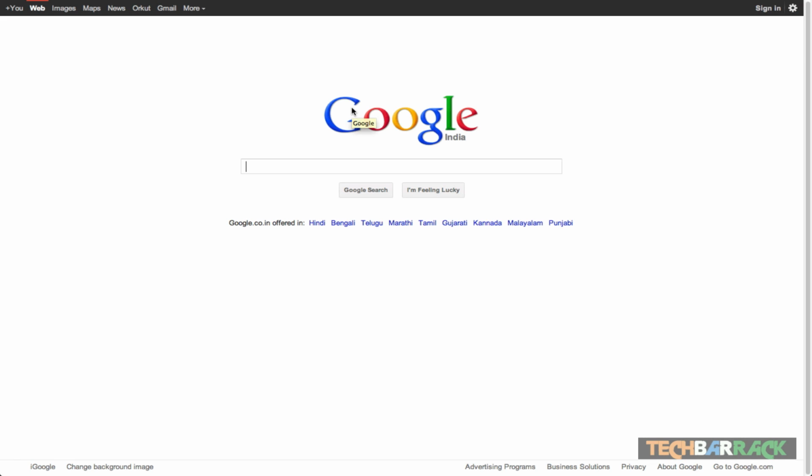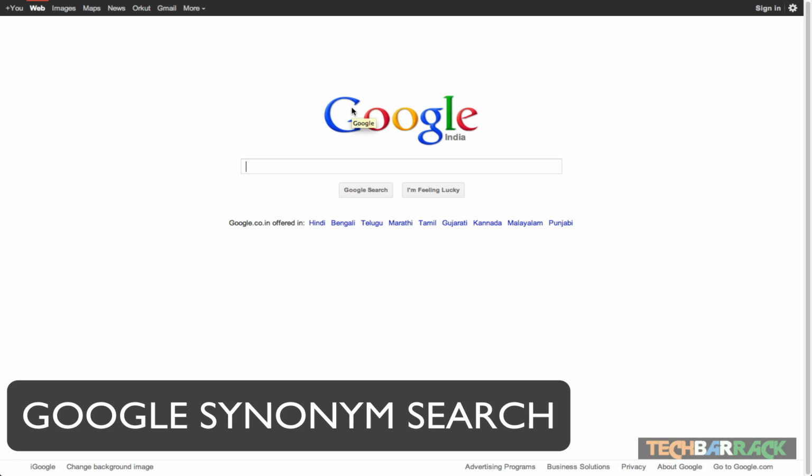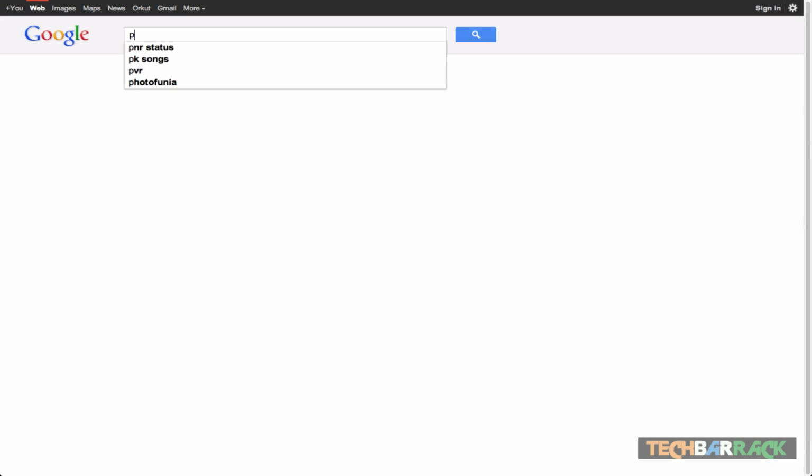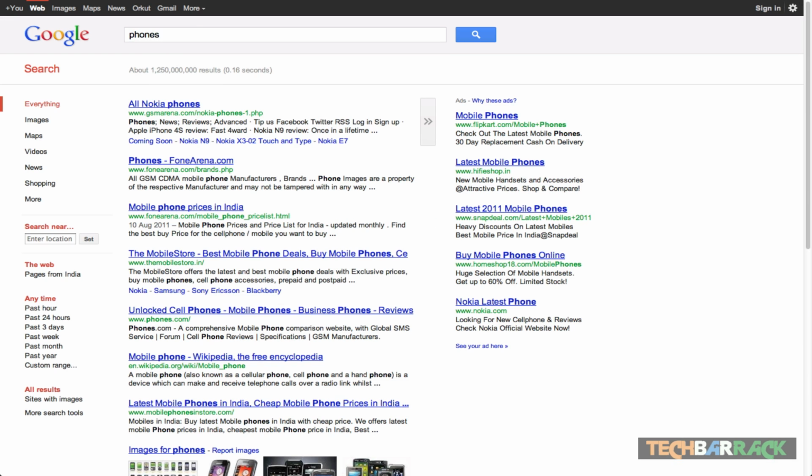Okay, so moving on with the 15th technique in Google search, it is the synonym search. Say I'm searching for the word phones, but it's giving me results only related to phones. I want the search to include similar words to phones, or synonyms of phones, also in the search. If I want to include the synonyms of phones also in the search, then I just add this sign, that is the